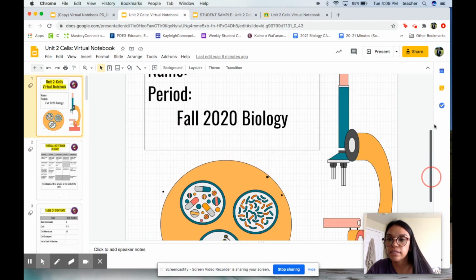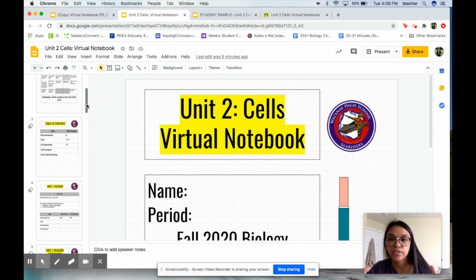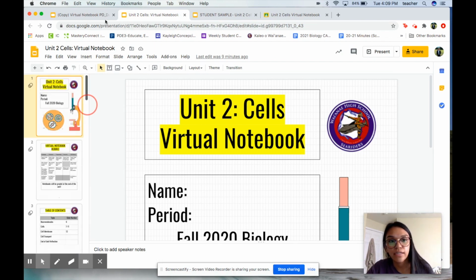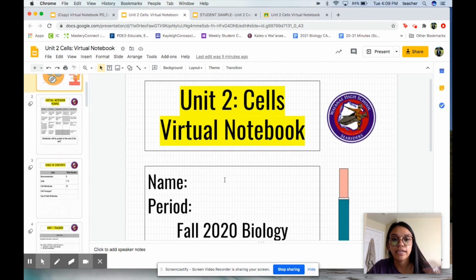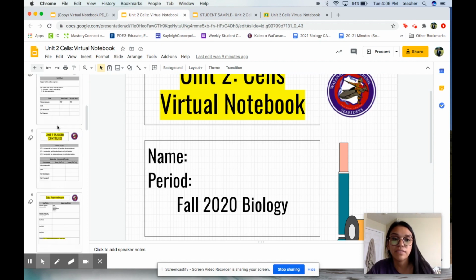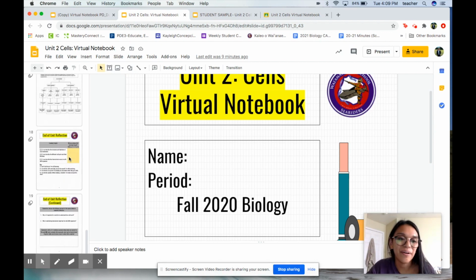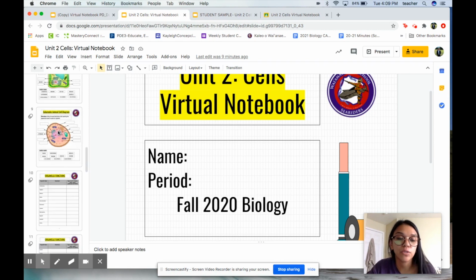But for the most part, once you've figured out a structure, what you want inside of your notebook, and then decide how you want to format things, it is so much easier. So what I would start with first is figuring out what slides you want in there. Do you want a title slide? Do you want to add in the rubric? Do you want a table of contents? Obviously some of this is not super necessary. But once you figure out the bulk of how you want your virtual notebook to look,